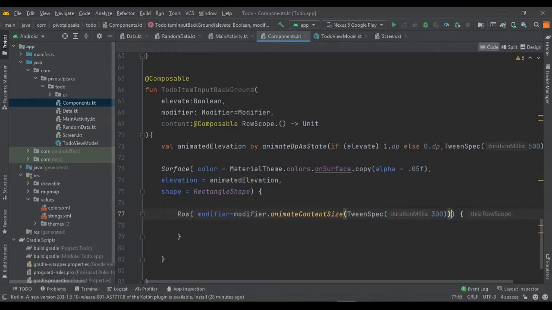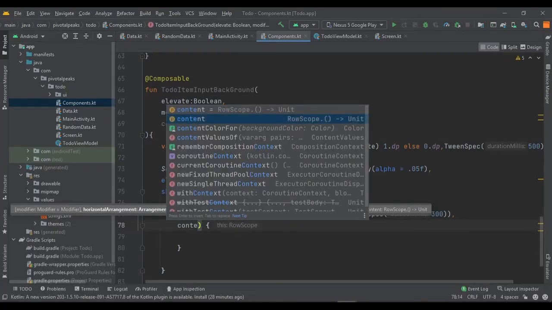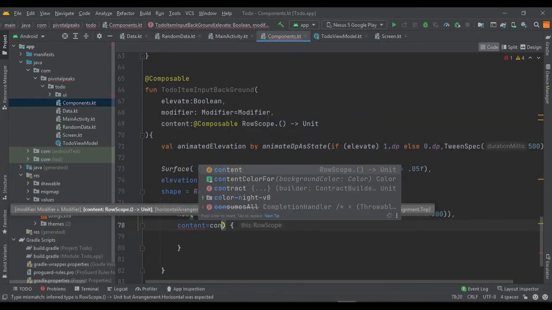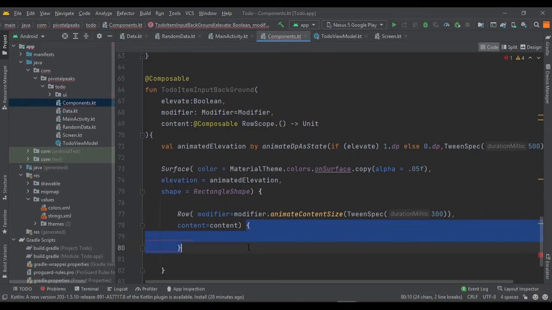We also need to set the content to content, and we need to delete this, and our component is ready. The three components that we need right now are ready.